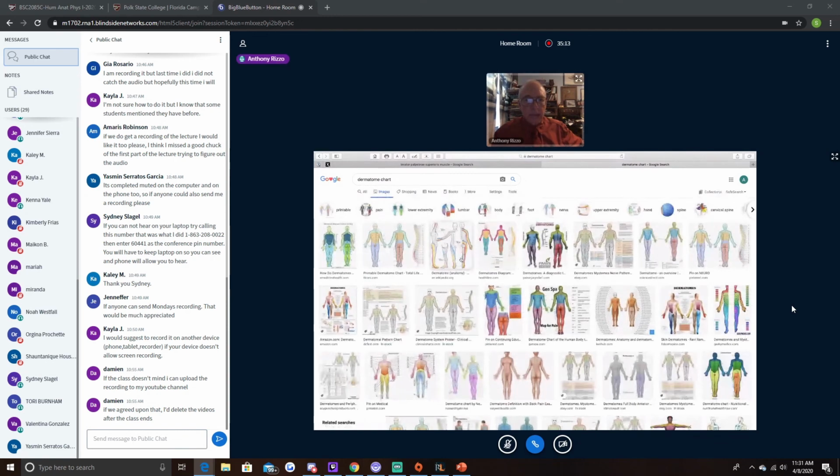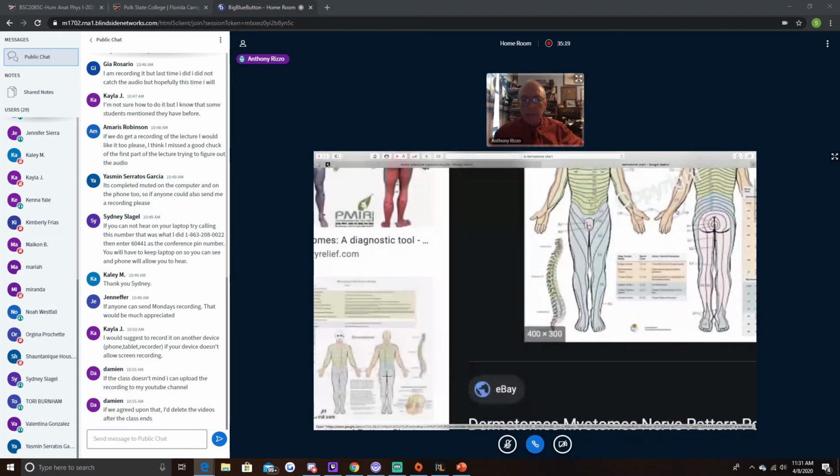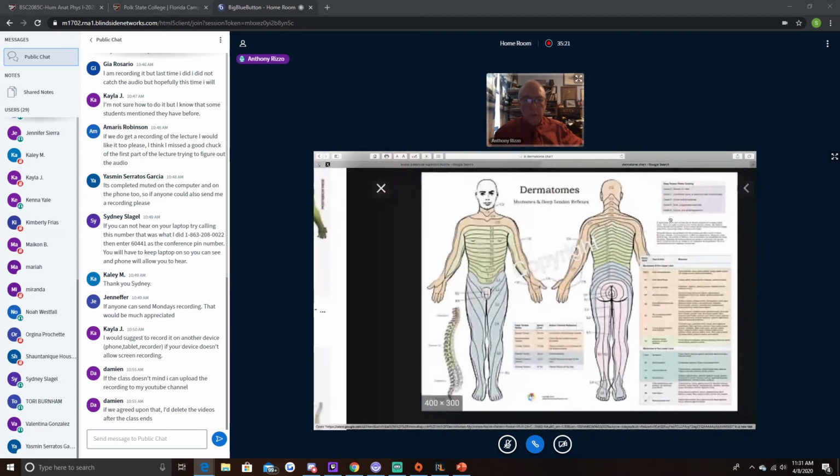So here is a map. Here's a map of what are called dermatomes. And dermatomes show you where each spinal nerve goes. So for instance, here at your belly button, we have spinal nerve T10. And T10 gives innervation there. Where your patella is,